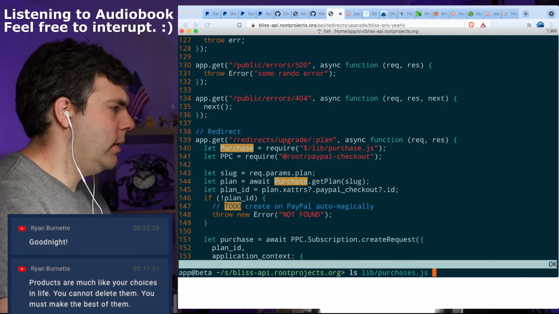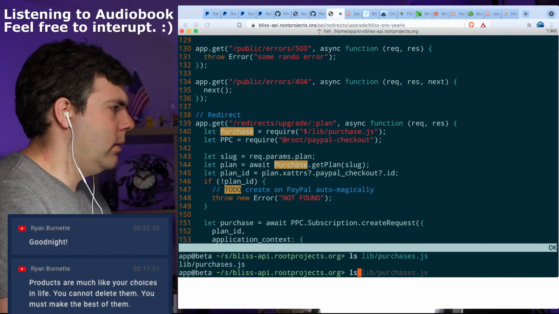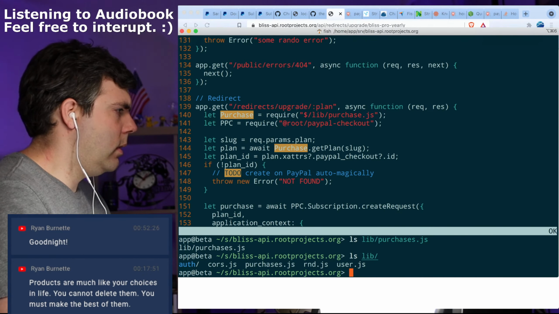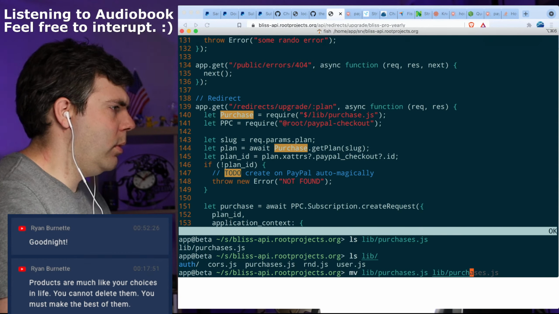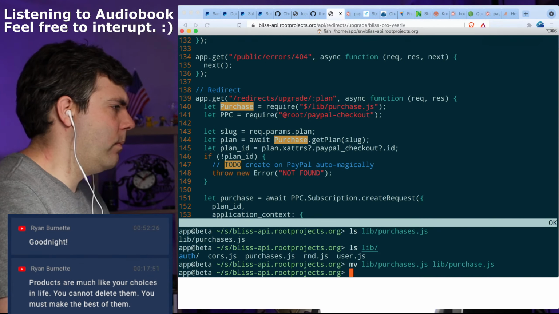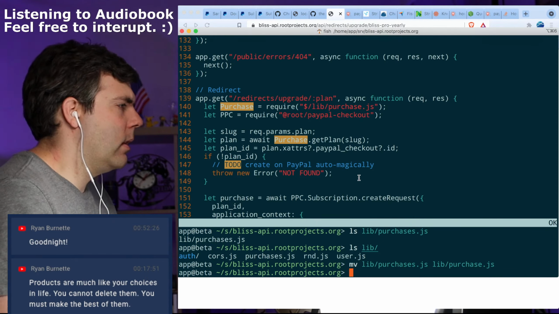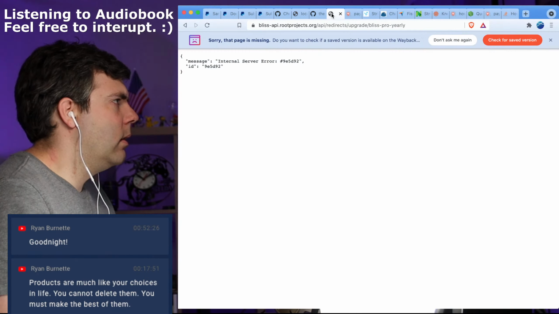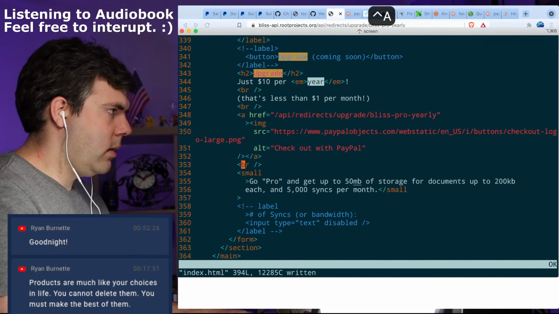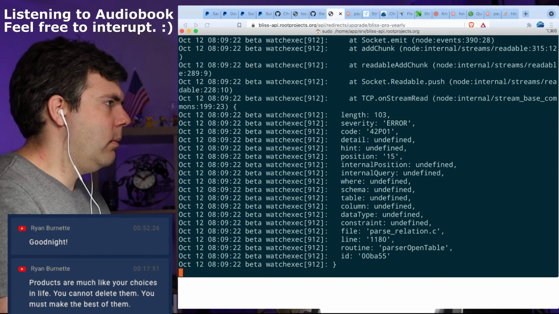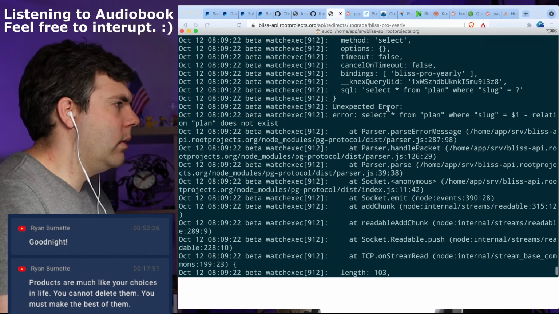Lib purchases. Okay, what was the other one? Lib purchases, lib purchase.js. There we go. All right, let's try again. Okay. What is it this time? Well, that seems reasonable enough.